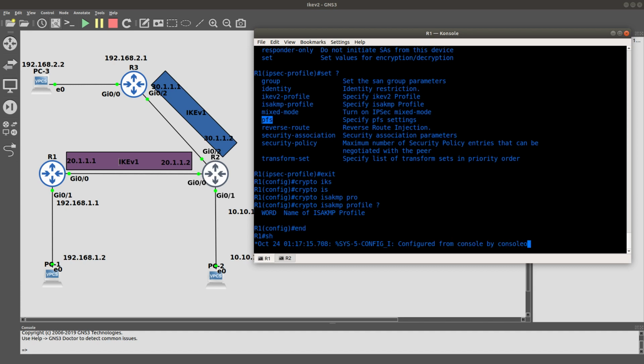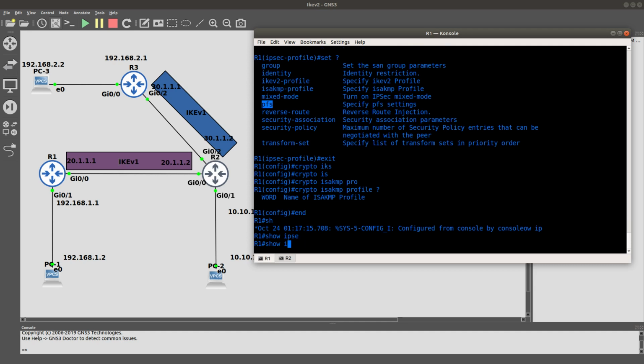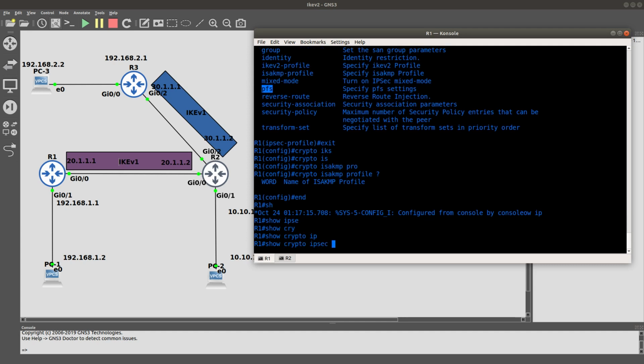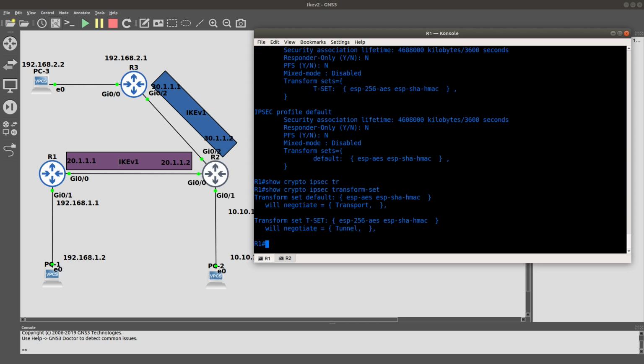Okay, so let's go ahead and end it. Do a show, actually show crypto IPSec profile. You can see the profile that we have created. And also if we do a show IPSec transform set, you can see the transform set here as well. It uses ESP 256 AES for data confidentiality and ESP SHA with HMAC for data integrity. And we are going to be negotiating the mode of tunnel. Now let's go ahead into router 2,